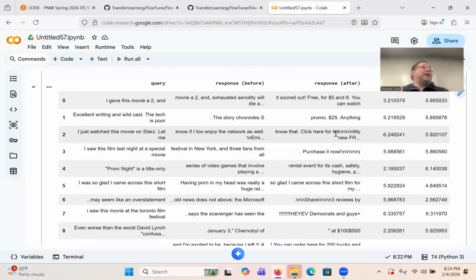Click here for a link, obviously spam. Versus this one, no Wi-Fi to enjoy the network as well, so not spam. This one, actually, the score though is giving us an error. So it's never going to be perfect, right? The better BERT that you have, the more training you do, probably the better GPT-2. All those things would contribute to improving the quality of your work. Purchase it now, definitely.